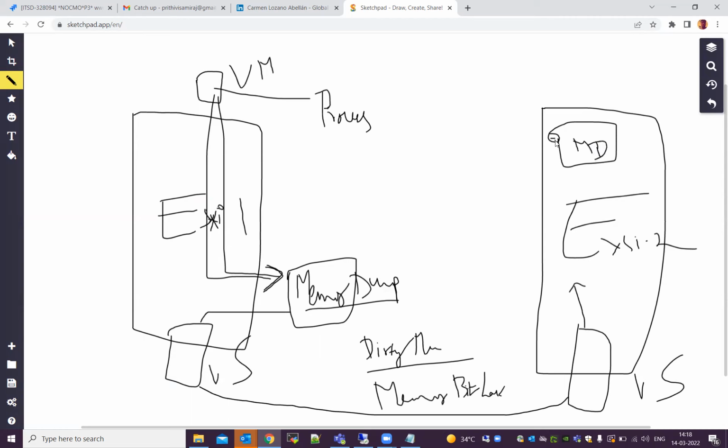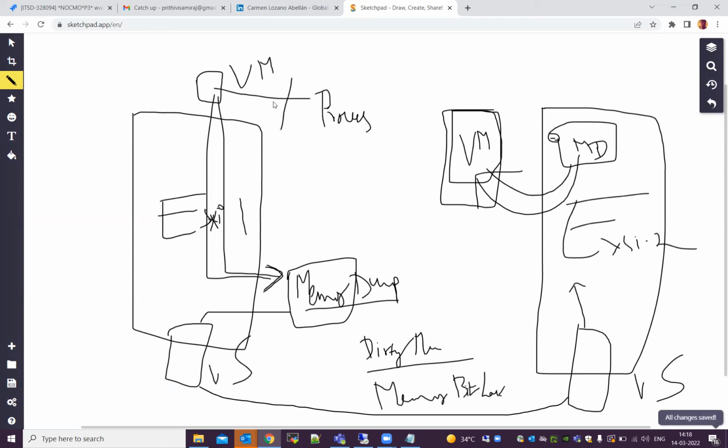Once the memory dump reaches host 2, this will do something called new virtual machine creation. It will create, in the background, a new virtual machine. Once this is created fully, it will have a VMX file, everything. This virtual machine powers off for a split second. It just takes like one millisecond. The user will not even be aware. This will be powered off, this will be powered on